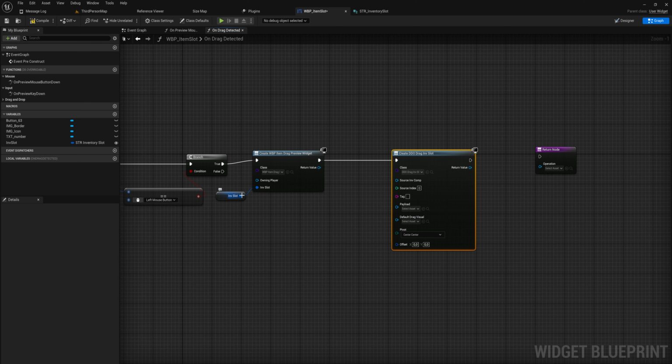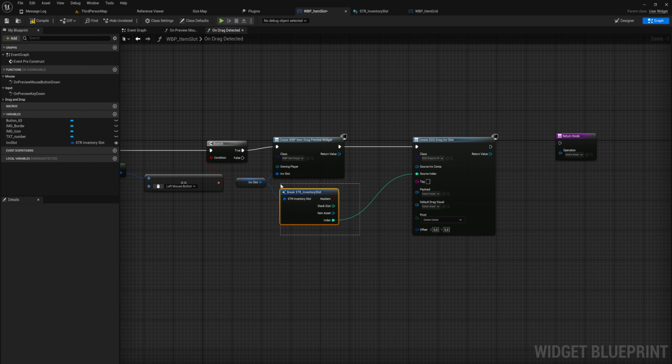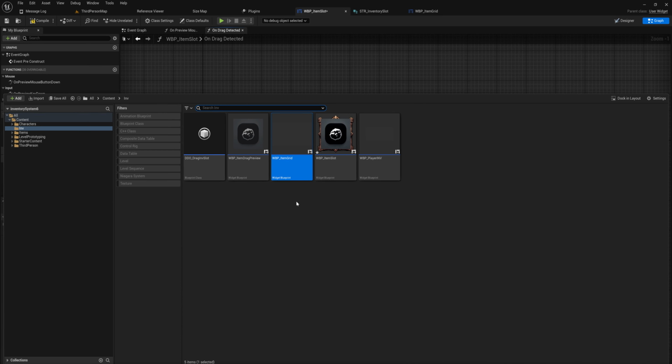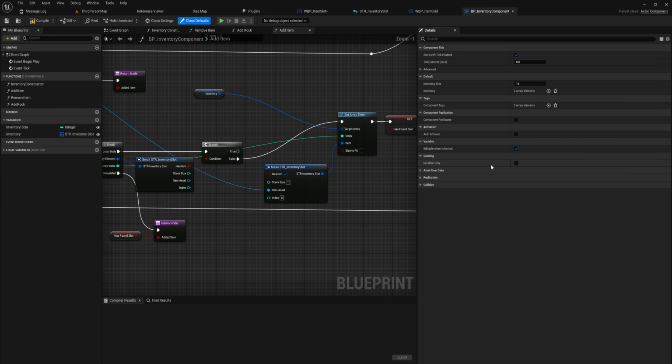Because now we have this inventory slot and we can just simply say break that open and we have the index. And we can immediately put that in there. That said, we are not setting the index value anywhere. And in order to set this index, we're going to need to come back into our inventory component here, because